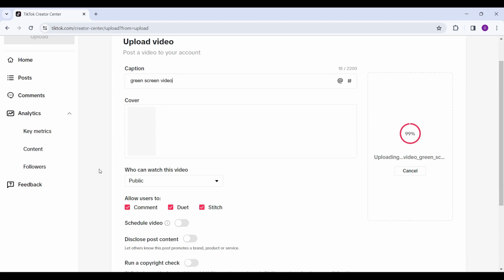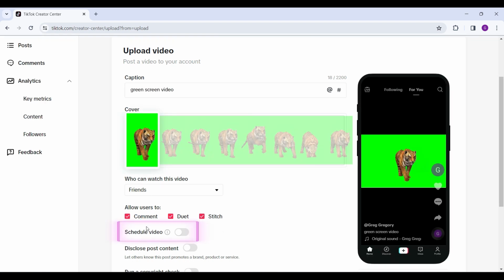You can ensure who can watch your video. It can either be public, friends or private, it's up to you. Here you can see something like schedule video. Simply toggle on this button